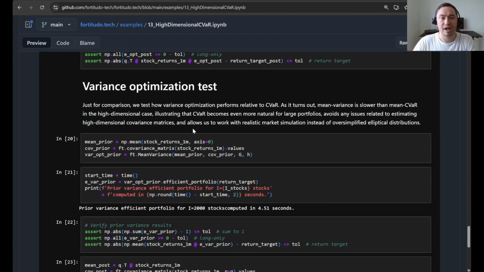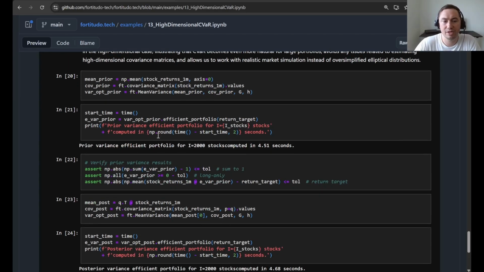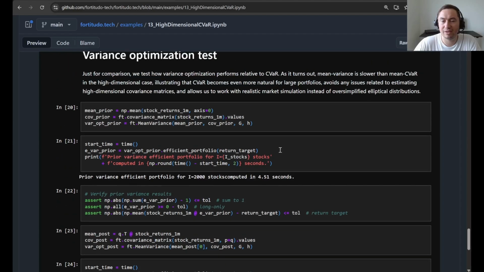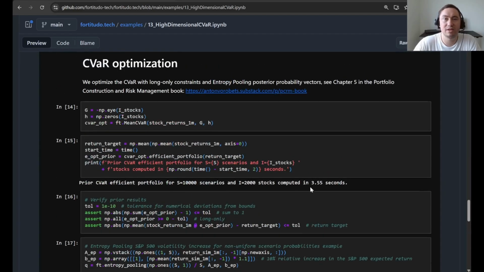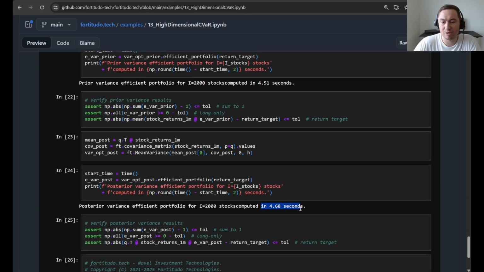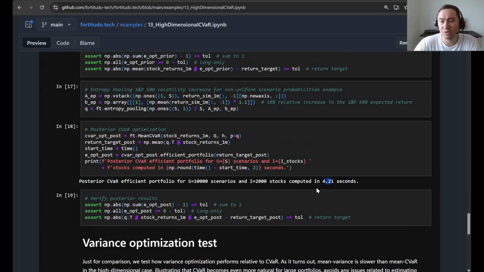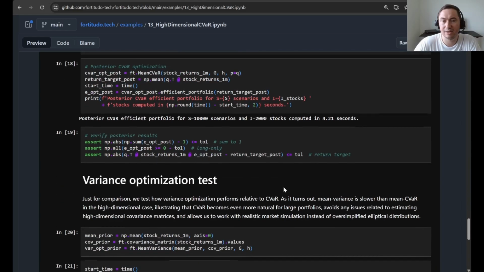All right. So finally, we just perform mean variance optimization. We initialize this mean variance class, and then it needs a mean and a covariance matrix, and then again these long-only constraints. We see how long it took. So in the prior case, you can see that it took 4.5 seconds, which is 1 second slower than the CVaR optimization in the prior case. In the posterior case, you can see that it took 4.6 seconds, which is also a bit slower than the posterior